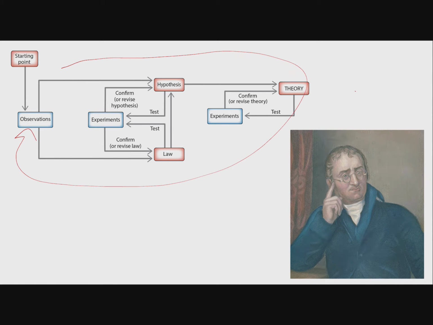And another discovery that came out of this new way of thinking about the world, again, the scientific method, was the atomic theory of John Dalton. So let's talk about John Dalton. This is John Dalton. Yeah, there's some misspellings here. So this guy was able to play off of the work of Lavoisier. He explained the law of conservation of mass by proposing that all matter was actually composed of small, indestructible particles